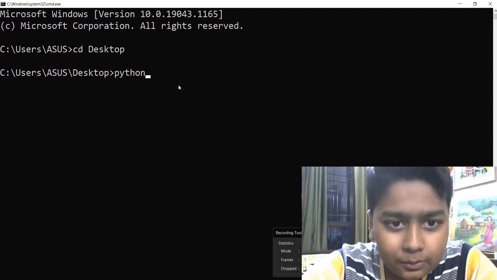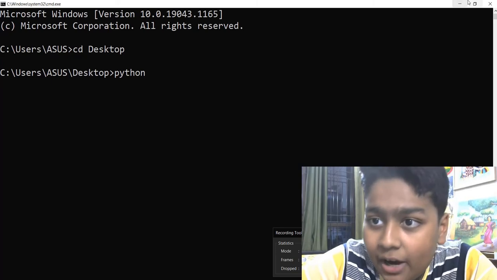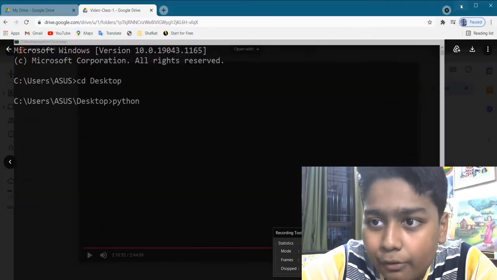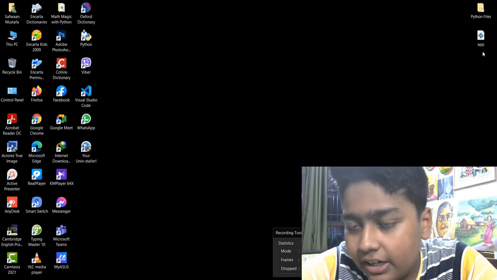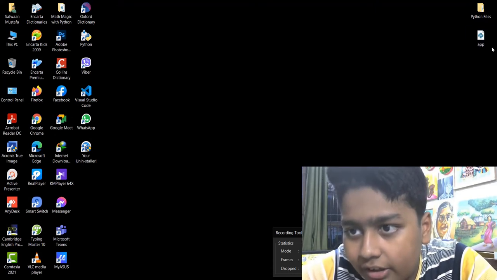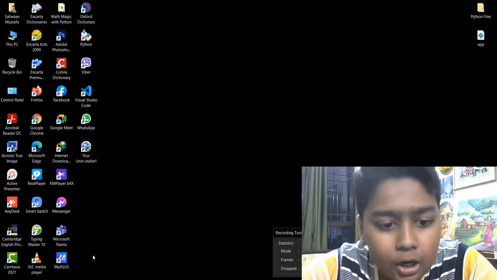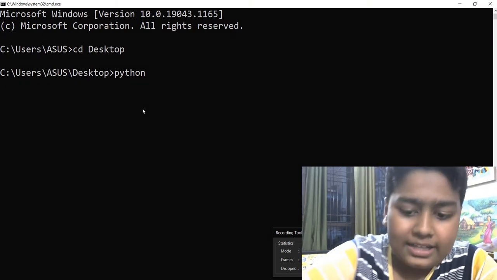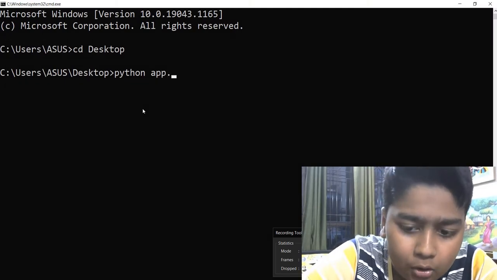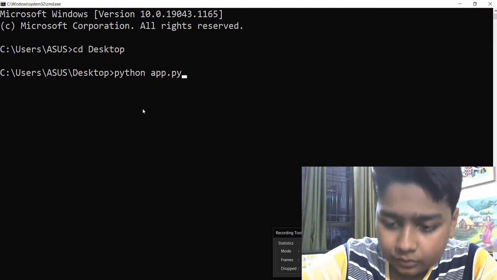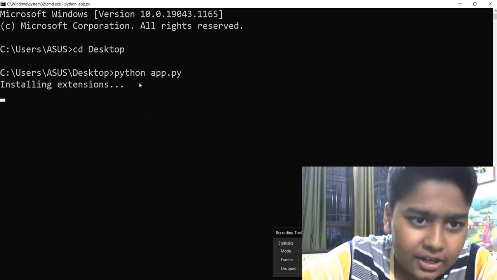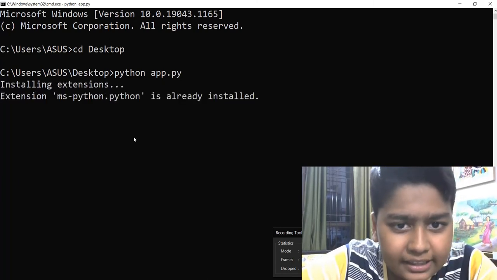Then you write the name of your file, as you saved it over here. See, we saved it as app.py, so we will write our file's name, app.py. After that, click Enter. Now it will install some of the extensions.